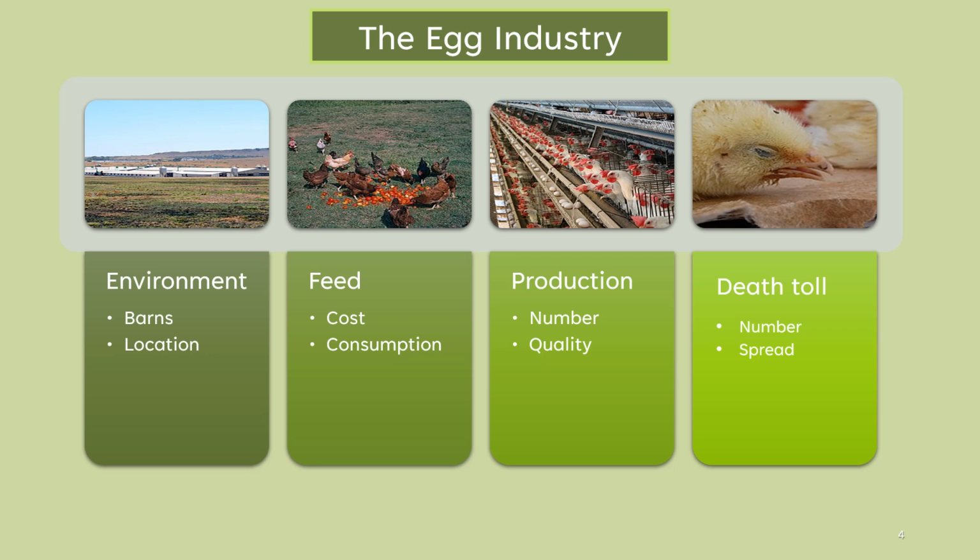This is a normal day for John. He would be looking at these four main aspects. As a ranch manager, he would be dealing with the environment specifically through the barns and their structural integrity. He would also be looking at the feed that the chickens consume and general budgets for these ranches. Also production, the belts, the machines. It's more than just the eggs and the quantity of those eggs, but it's also the machines that take the